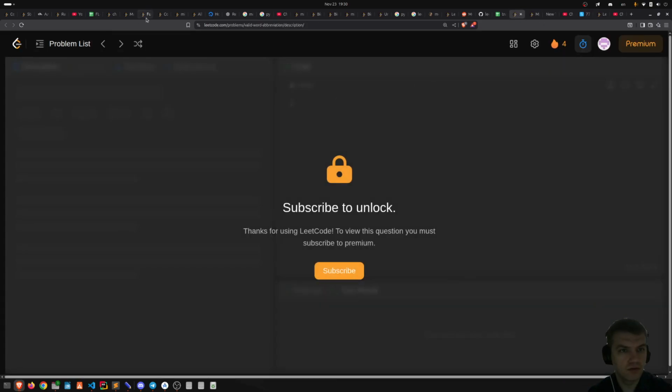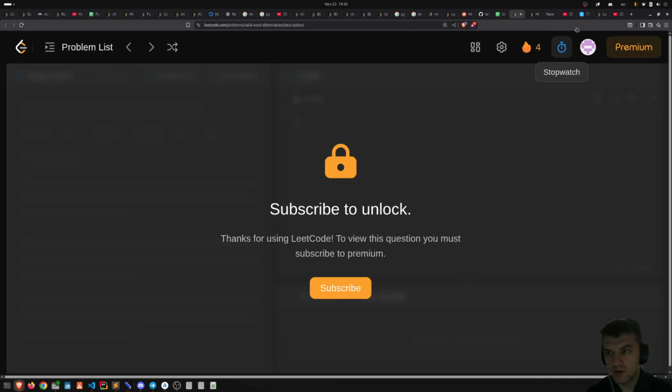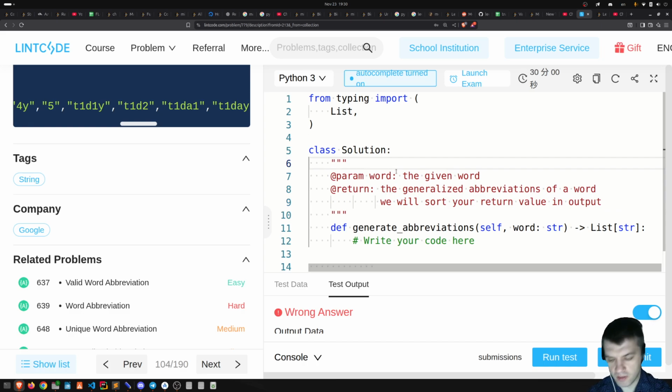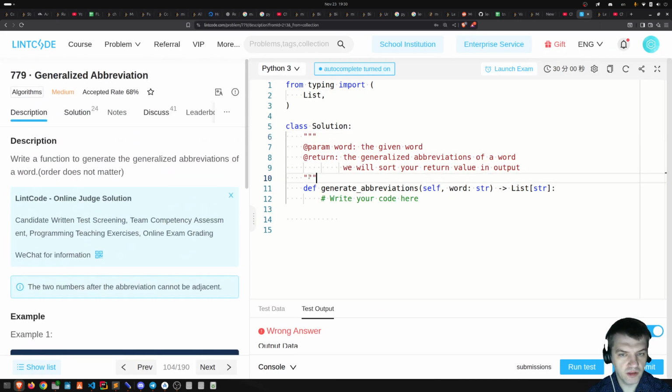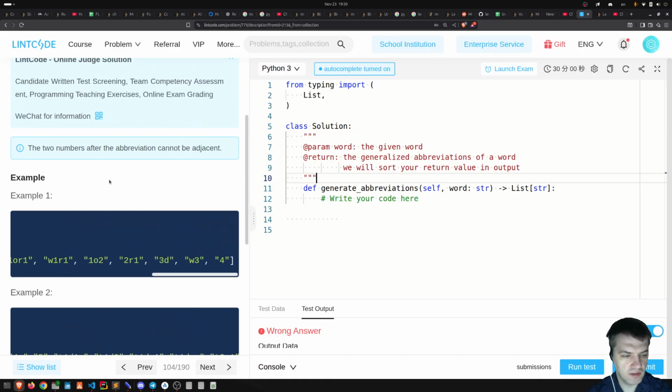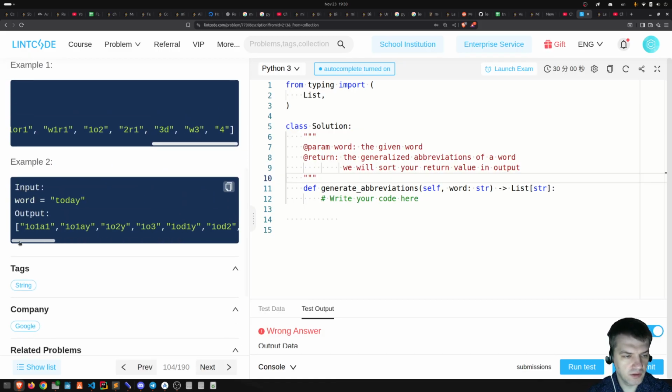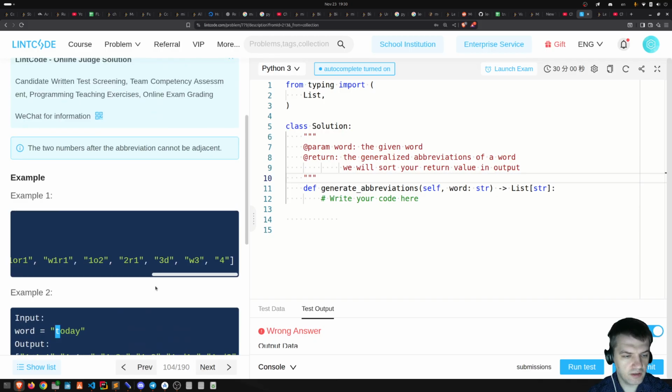On Lintcode, this problem is locked. So I need to try to solve it here, and maybe I'll follow up with this one. But this one seems interesting. I haven't seen it before in Lintcode. And the idea is to generate all the possible abbreviations for the current word. And abbreviations, they mean